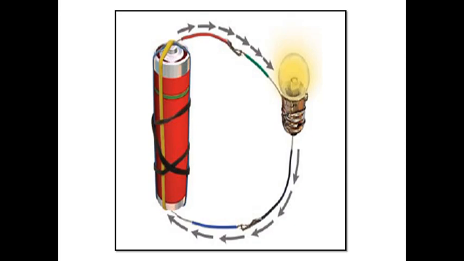That we will see in the next session. In this session you only have to learn about the electric circuit. Okay, what is an electric circuit? An electric circuit is an arrangement where we are connecting the electric cell, wires and bulb to each other.